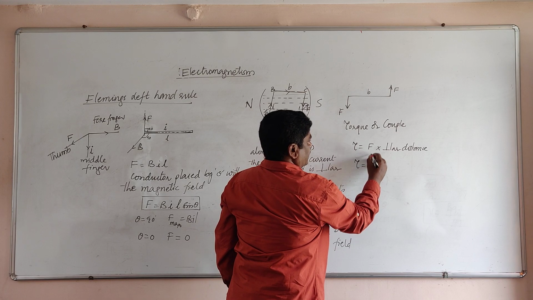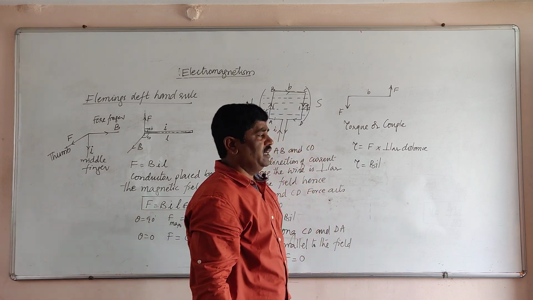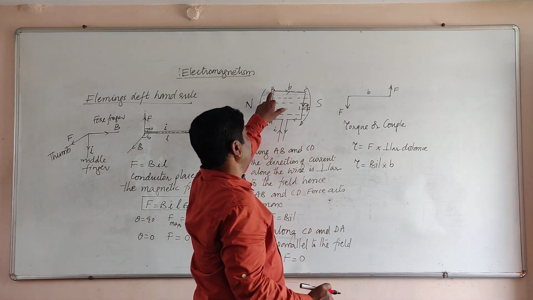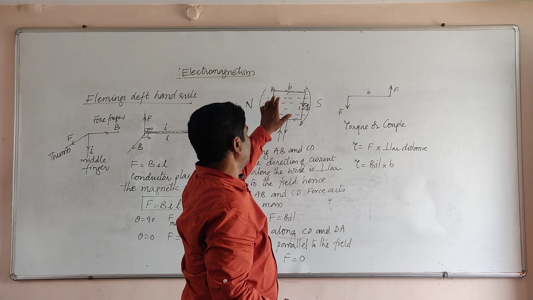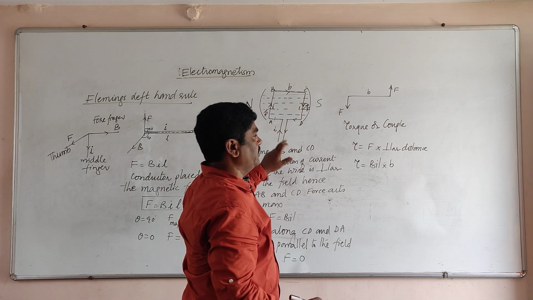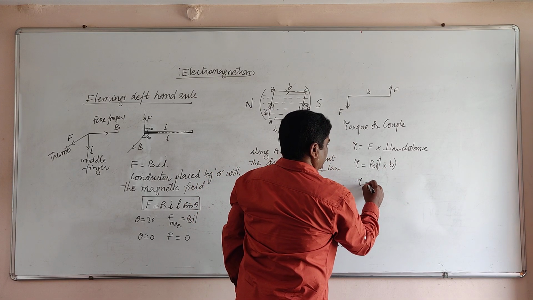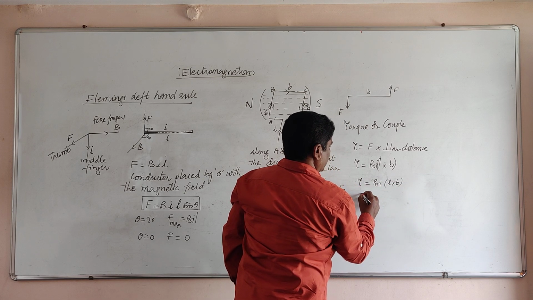Therefore, force is maximum, BIL, and the perpendicular distance is the breadth along BC or DA. This is the breadth, this is the length of the rectangular coil. Now with this L and B, torque is equal to BI, length into breadth,